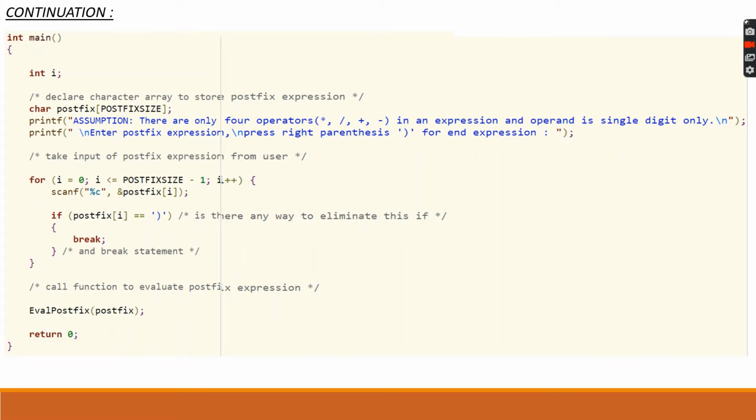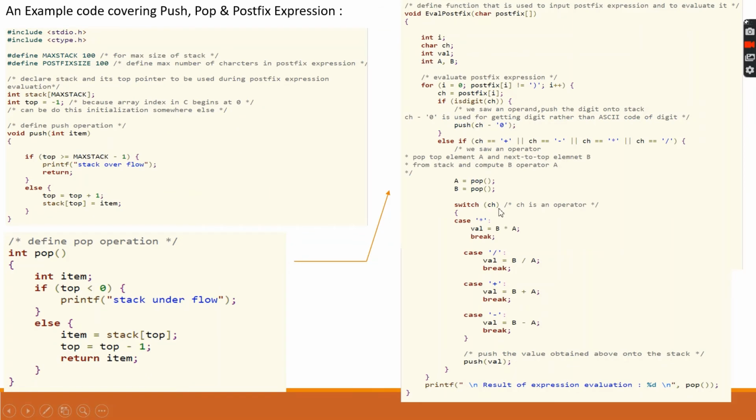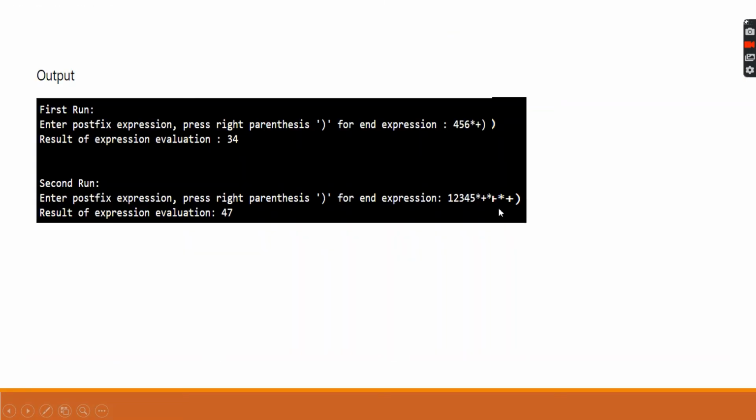So if postfix[i] double equals right parenthesis, that is when we meet the right parenthesis at the end of the expression, we terminate the input. So we use a break statement, and then we call the function evaluate postfix, and the function continues, which is shown, return 0.